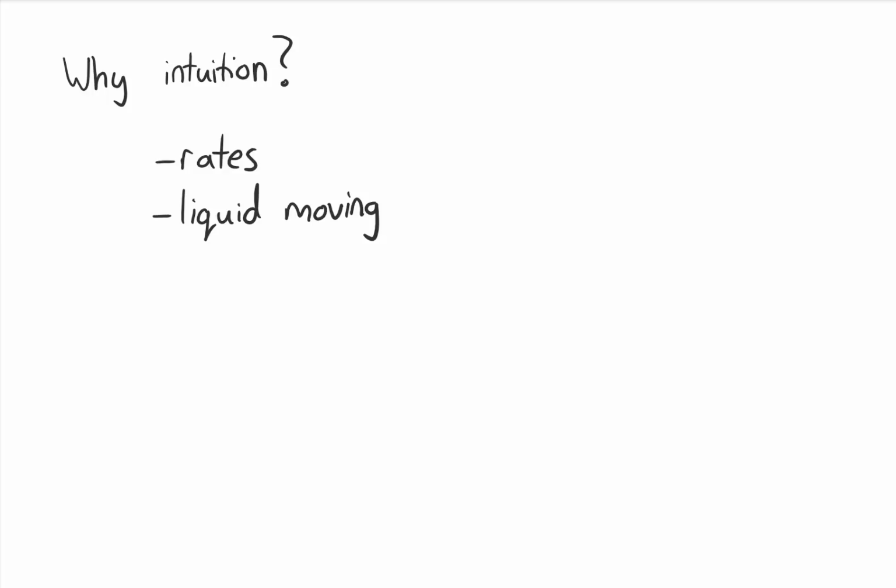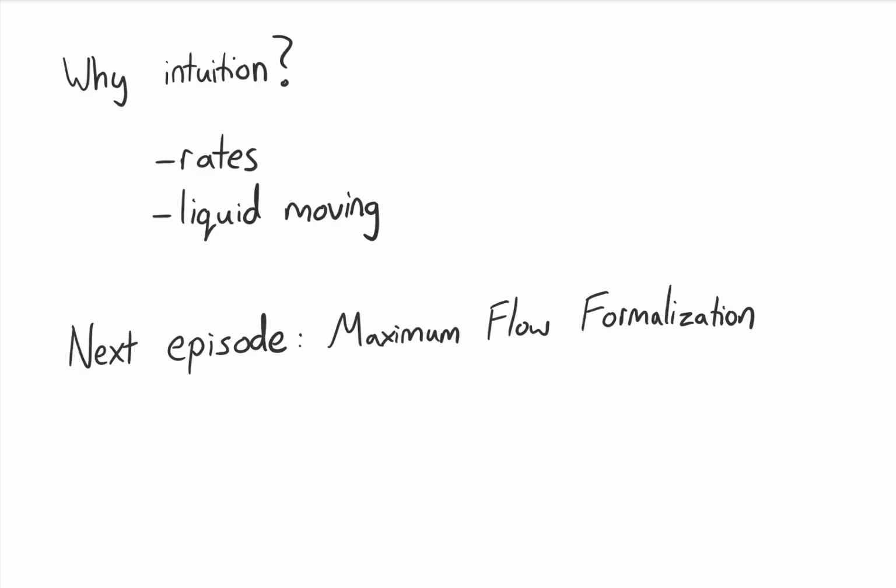And so we're going to take a somewhat different approach in this episode. I'm going to focus on a problem and just think about maximum flows in the context of this problem, and not use any of the terminology, not use any of the rigor that you typically see in maximum flow. And what will happen next is the next episode will be titled Maximum Flow Formalization. And this episode will cover rigor, so that way you can understand papers or understand some of the terminology that you can use to understand flow and understand more complicated flow algorithms.